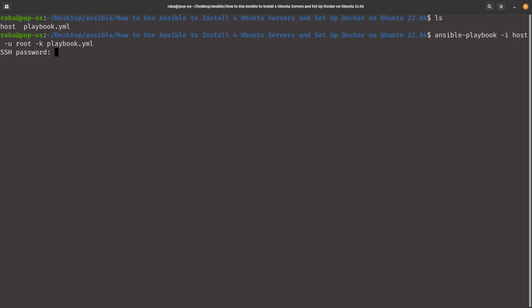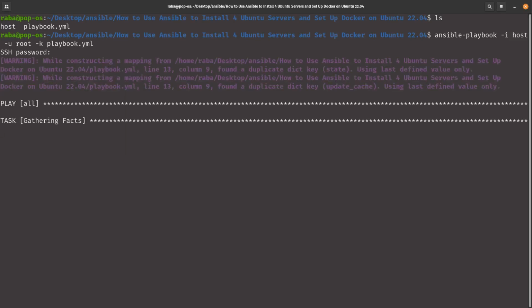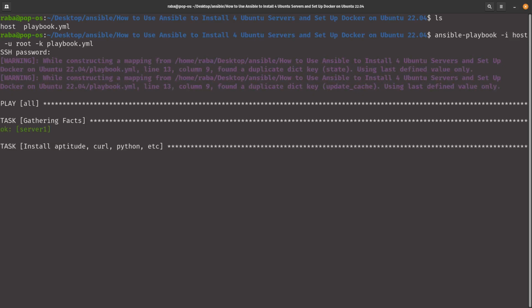Now it's going to ask me for a password. I can get that password from my vultr.com website, paste it in here. And now it's going to start running my playbook, right? It's going to connect to the server. Look at that, server 1. Awesome. Now it's going to do task 1, which is to install aptitude, curl, Python, and a bunch of other